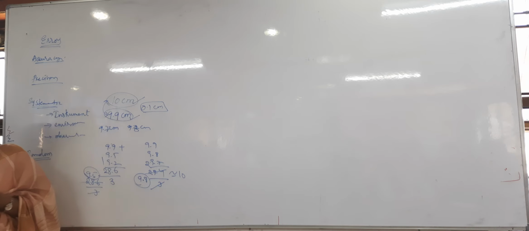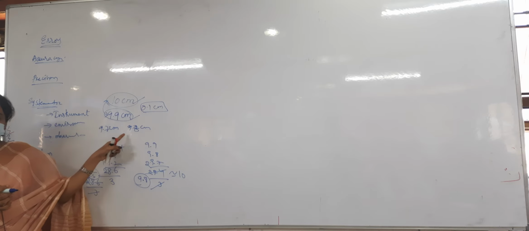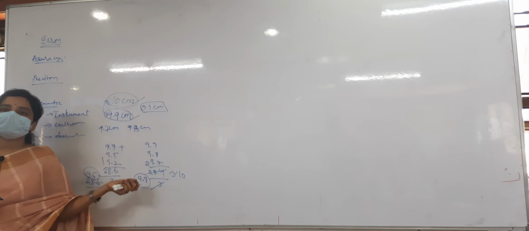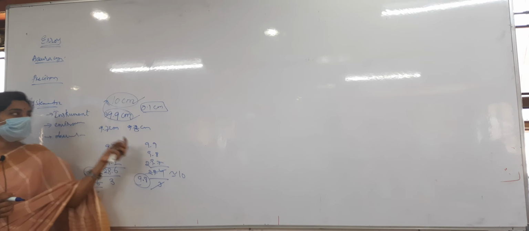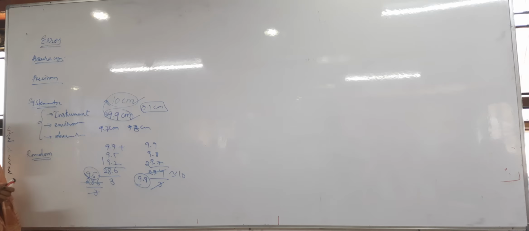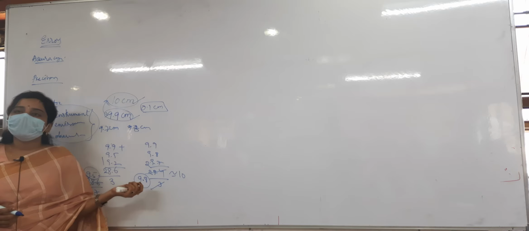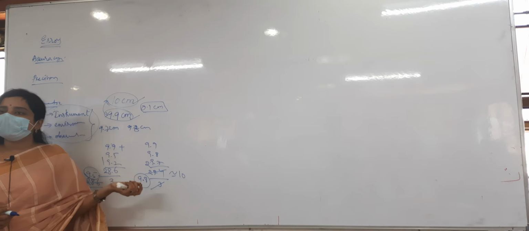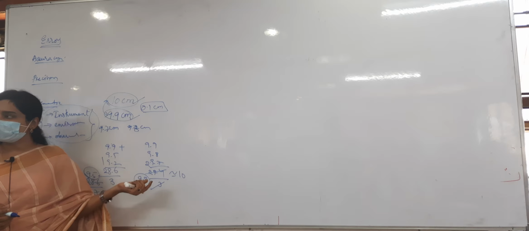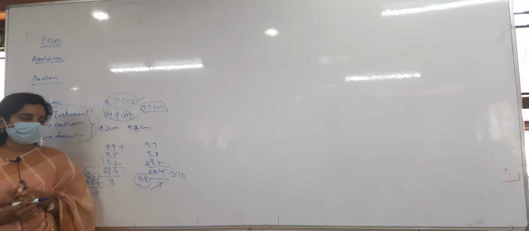So in random errors, we unknowingly got the errors here. How to reduce those errors? You have to find the mean value. How can we do the correction in systematic errors? Just by replacing the instrument, by closing the room, and by making proper observations, we can make the corrections. But in the random error, how do we reduce it? You just have to find the average value among the observed observations. This is about the random errors.